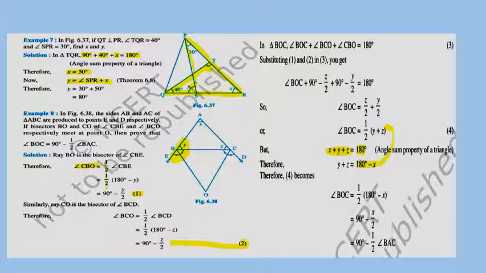TQR, in triangle TQR, angle T is what? It is given, it is symbolized as the right angle triangle, means its measure is 90 degree. And therefore in triangle TQR, we will use the angle sum property of a triangle. And what is the angle sum property of a triangle? Just now we have shown the angle sum property of a triangle says the sum of all three angles of a triangle is 180 degree. So see here, 40 plus 90 plus X equals 180 degree. So in this way we can calculate the value of X, which is equal to 50.